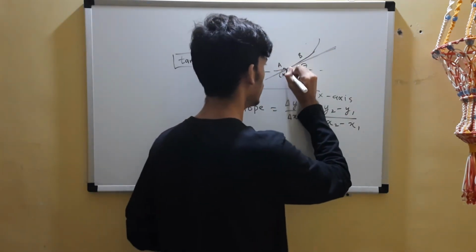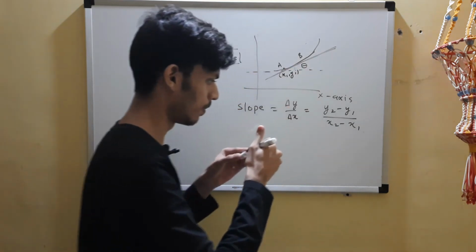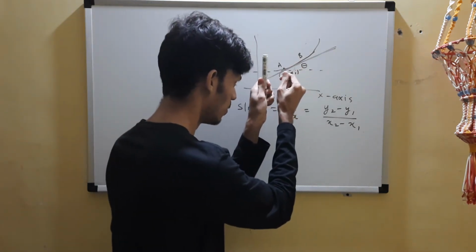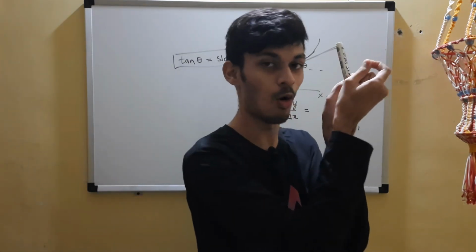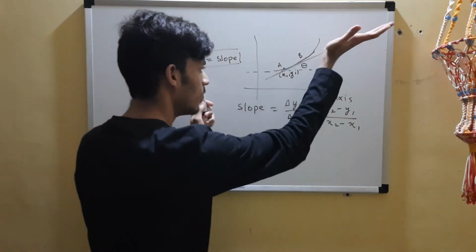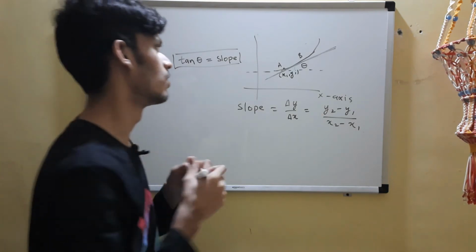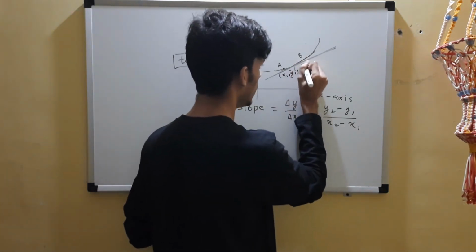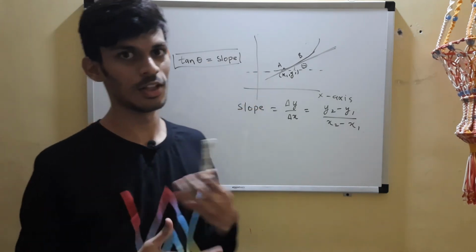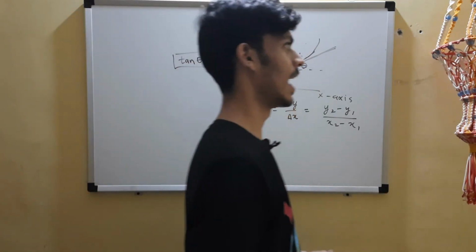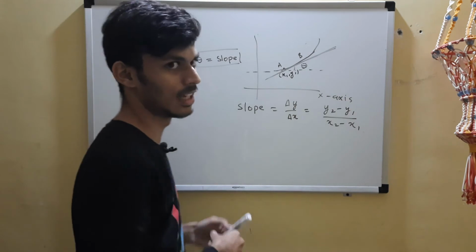So this will be the state. When you bring B closer and closer to A, finally the 2 points will almost match, and this line will pass through it. So finally this will be some theta. Again it will change, and that will also give us a slope,